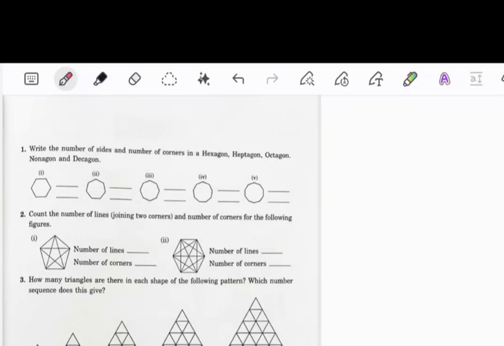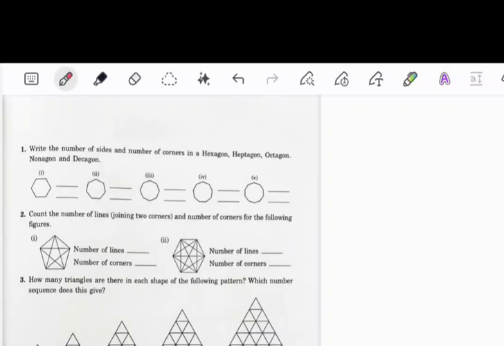These are called polygons. A polygon is a closed shape made up of straight lines. So, the first one, the figure. How many sides does the figure have? These are 6-sided figures, right? So, a 6-sided figure,